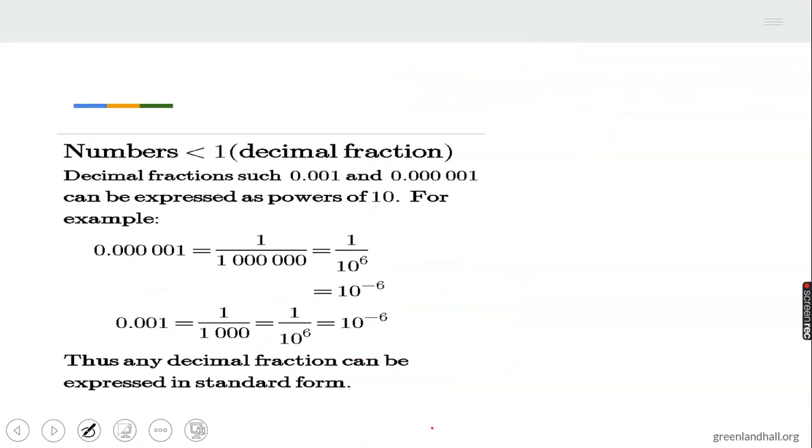Now, moving to numbers that are less than 1. The one we first treated is equal to 1 or more than 1. Now, decimal fractions such as 0.01 and 0.00001 can be expressed as powers of 10. Now, the one we dealt with is positive numbers. Now, look at